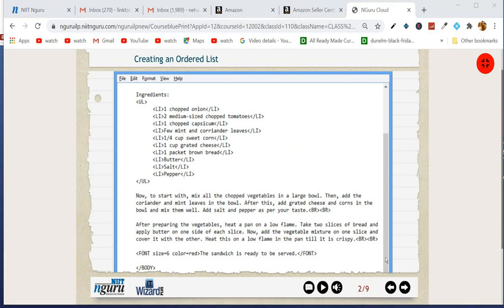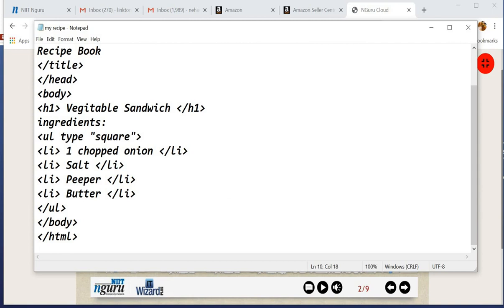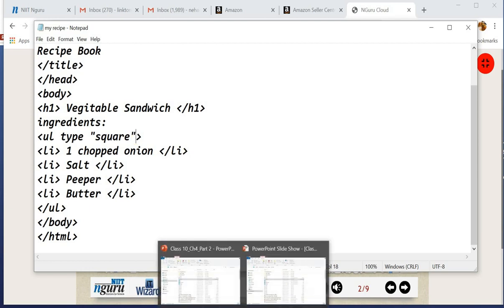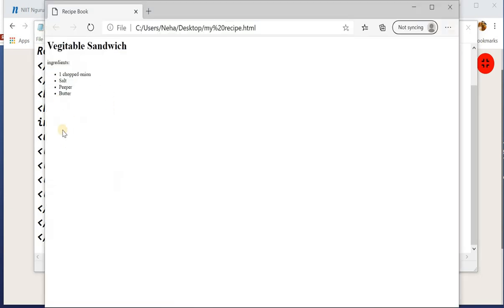Now I'm opening Notepad. In Notepad we will create an ordered list. In our last class we created an unordered list of type square. Now we will create an ordered list here. So the output of this file is this. Here the bullet marks are here, so it is an unordered list.